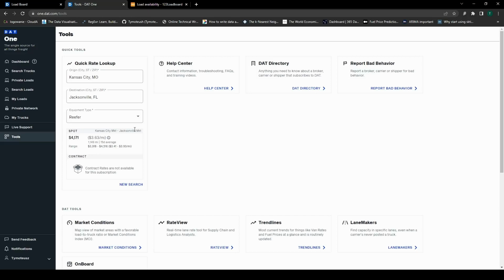15 days average, $3.63 per mile. Spot rate $4,171 and the range. So you know what you can expect from the load from Kansas City, Missouri to Jacksonville, Florida. Help Center, DAT directory. So we've been to DAT directory already,